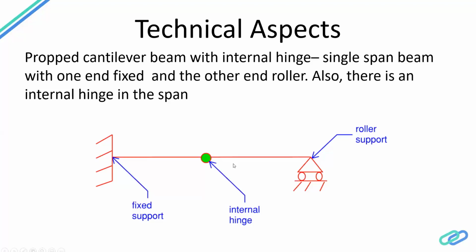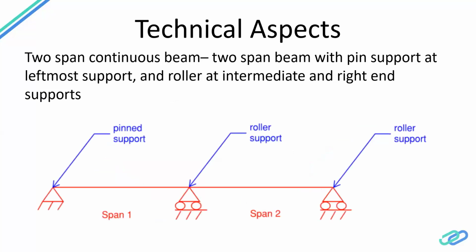So basically, it's up to us what kind of support conditions we want to give the structure so that it's stable. As of now, we have just looked at some single span conditions. We can also take a look at some multiple span conditions, which is very common in RCC structures. For example, it could be more than a single span, say a two span, three span or five span beam, which is continuous over the supports.